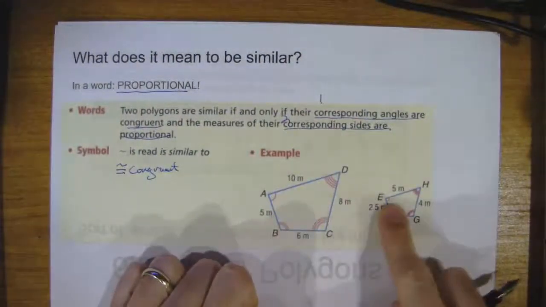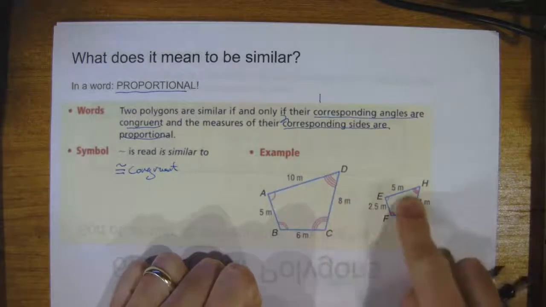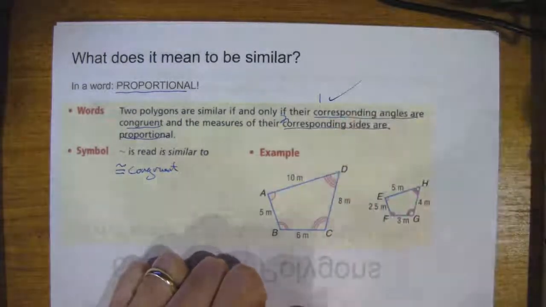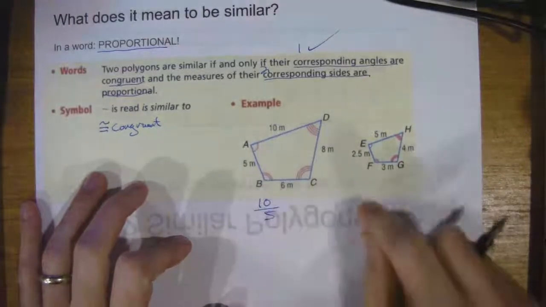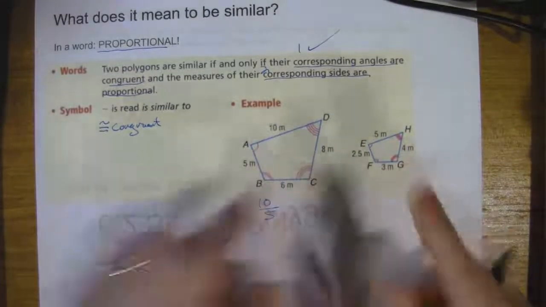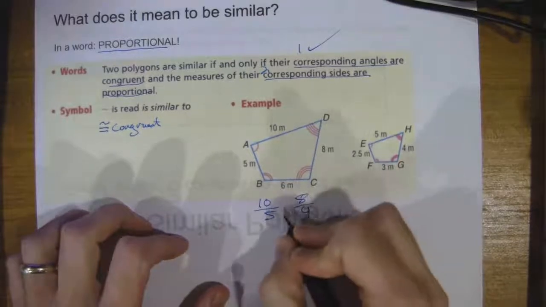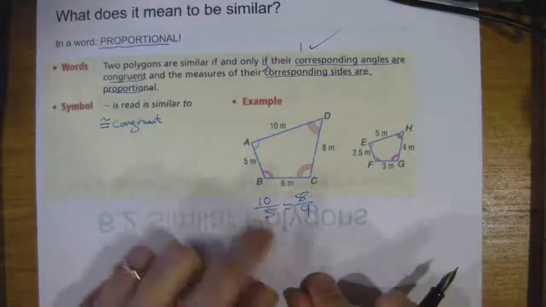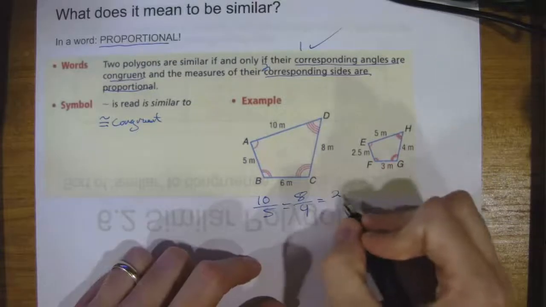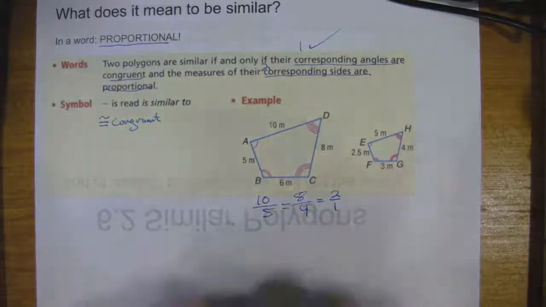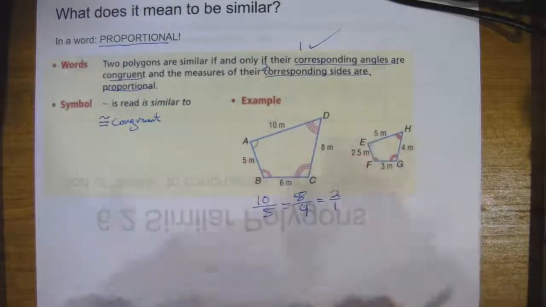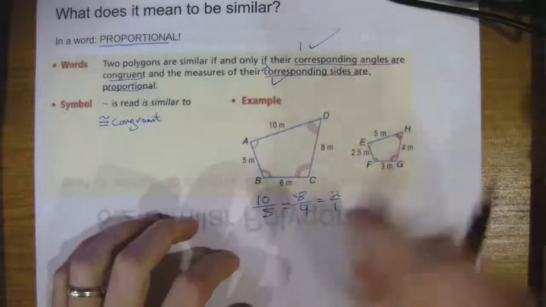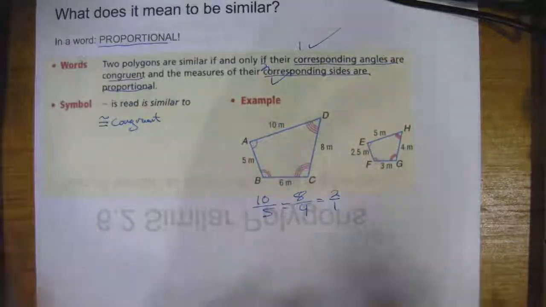First, all the corresponding angles are indeed congruent, so we can check that box. I also can see that all of the sides are proportional. Take a look. If I compare 10 to 5, and then I compare, say, 8 to 4, both of these have a relationship of 2 to 1. And notice that continues on with 6 to 3, 2 to 1, and then 5 to 2.5, still a 2 to 1 relationship. So the sides are proportional, the angles that all match are congruent, so these two figures are